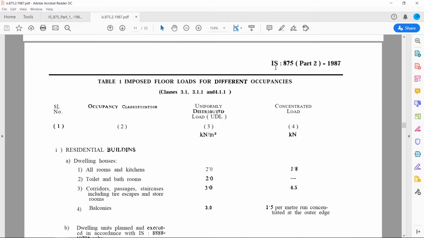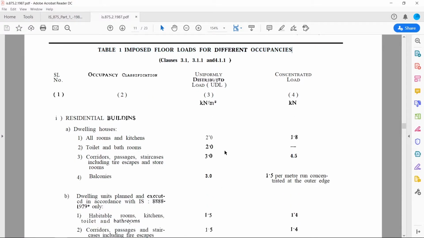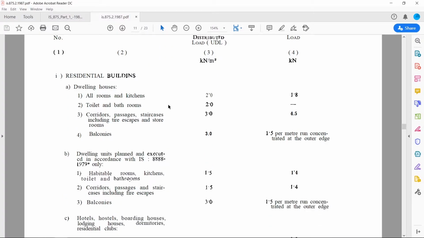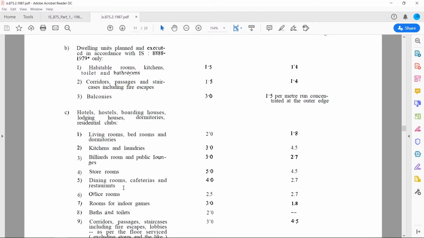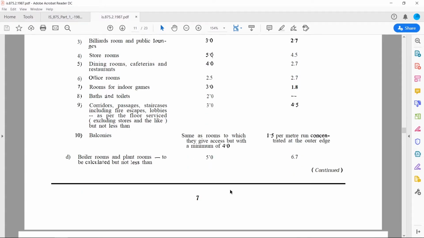Similarly, we have the IS 875 part 2, which gives the value of imposed loads. And this you can use to find what live loads you need to put in on your structure. So these are differentiated into different kinds of buildings like residential buildings and so on. So you can find, for example, in dwelling houses, in all the rooms, we'll be taking the value of 2 kilonewton per meter. However, when we move to hotels and hostels, etc., in the dining areas, we'll be taking a live load of 4. In the storerooms, we'll be taking a load of 5. And this will depend upon which kind of rooms you are building. So you can take the values accordingly.